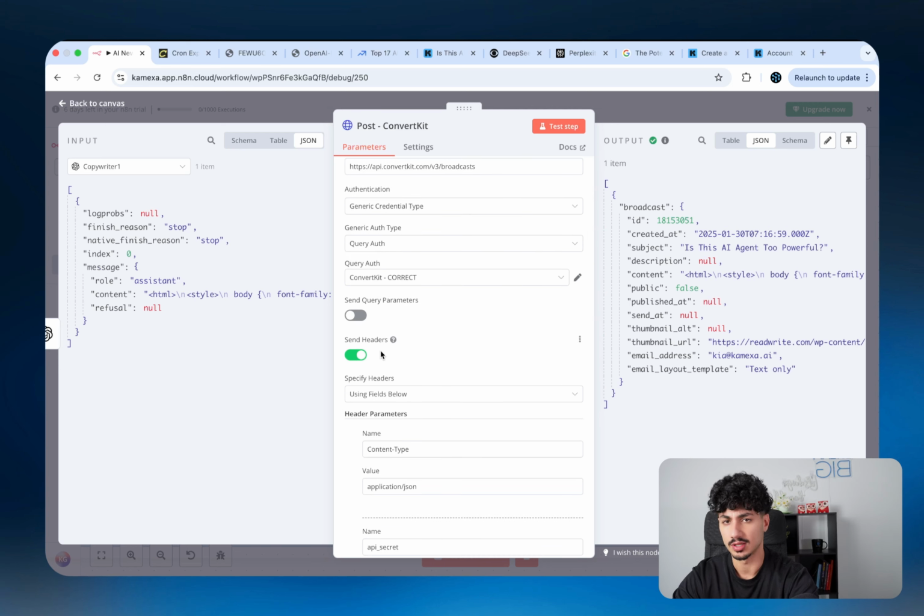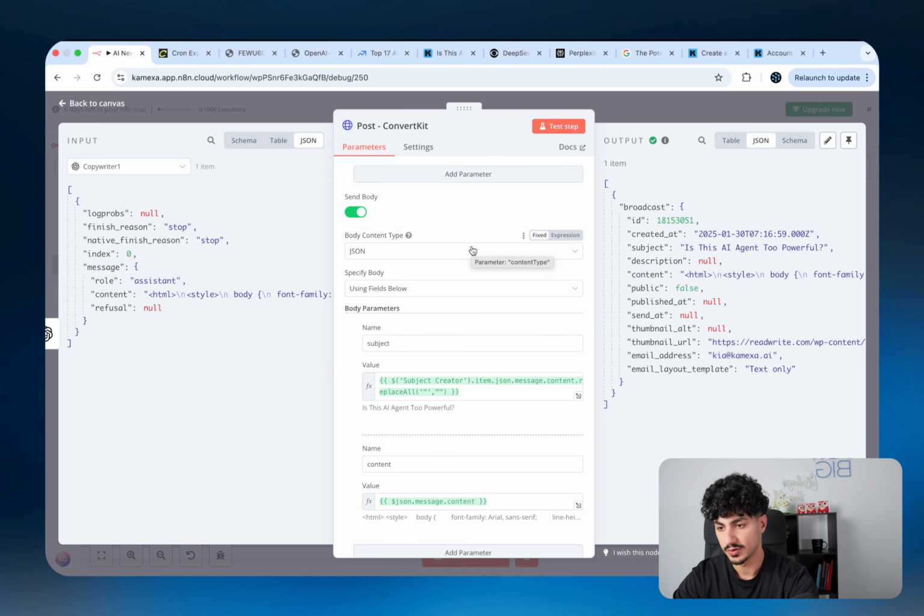Now, I'm pretty sure in the API docs for ConvertKit, they said that you don't need to put down both. So trial it without it, but I haven't honestly trialed it without both. But if you guys also want to get your API secret, it should be in the same place as your API key. So moving on, you'd also want to toggle your send body to be on,